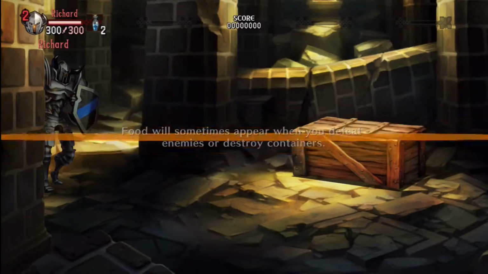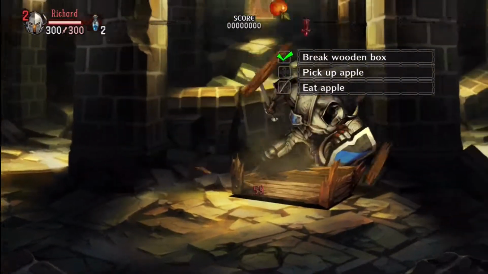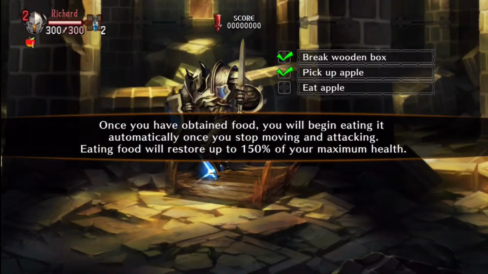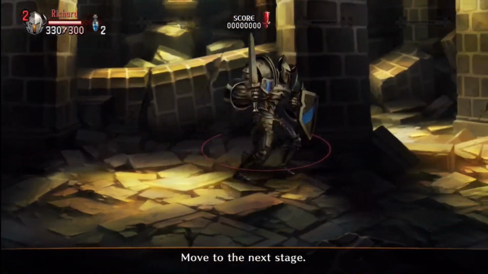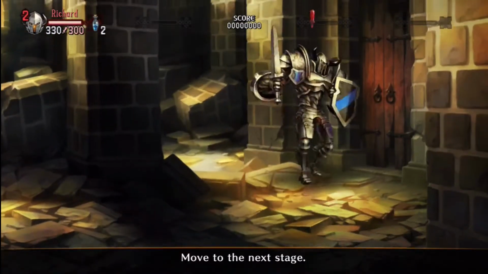I do love the art style in this game, though. It just looks really cool. Another cool feature, you get to pick up food, and when you stand still, your character eats it, and that replenishes health. I don't know if I like the fact that, you know, if